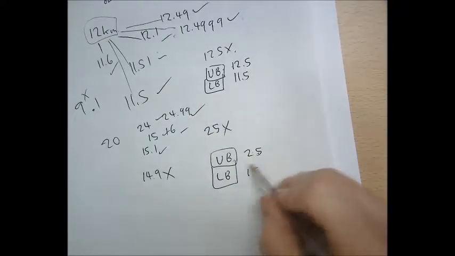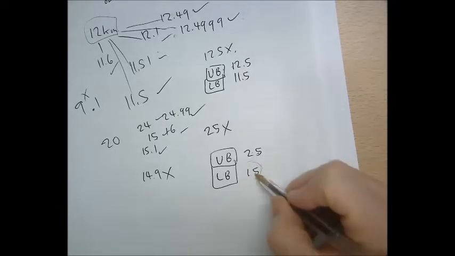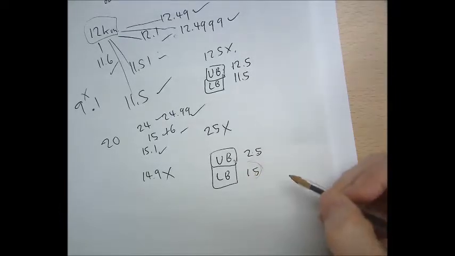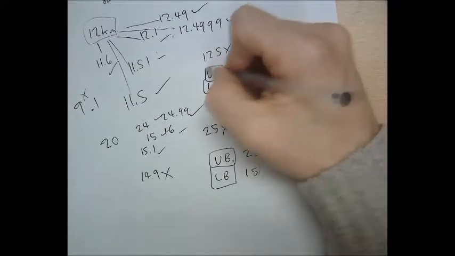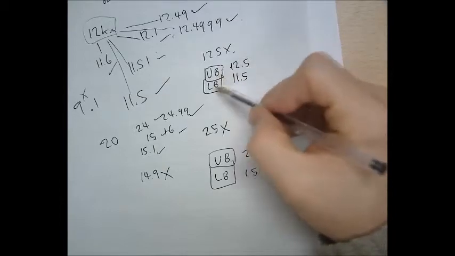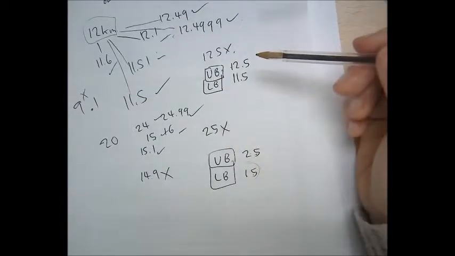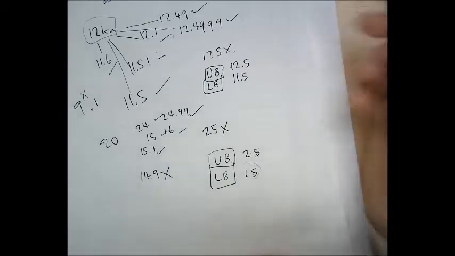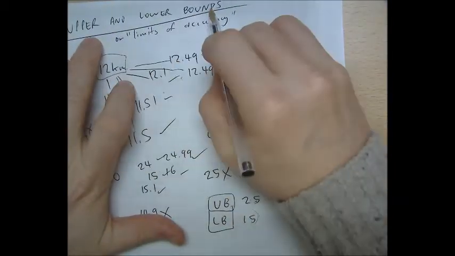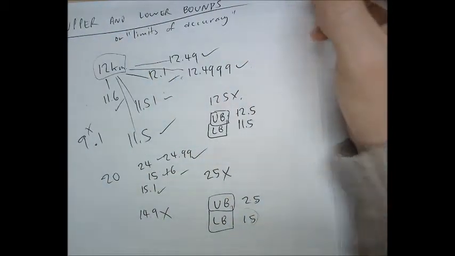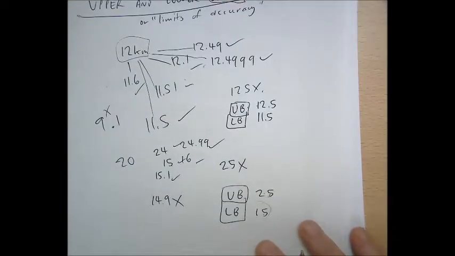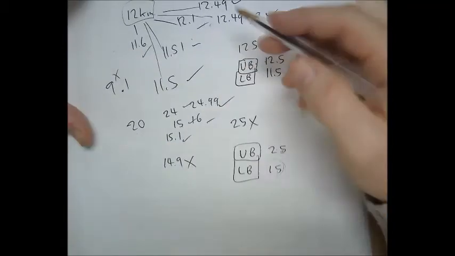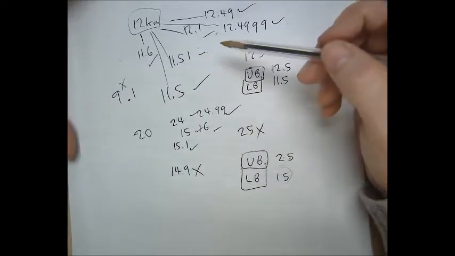The lower boundary is 15. That does count, and anything lower than it does not count, because anything lower than it would have been rounded to 10, not 20. So think of these as the upper boundary and the lower boundary and all the things that get ticked and all the things that get crossed. The funny thing though is we never talk about them as the upper and lower boundaries. We always say upper and lower bounds, but it's easy to remember because the word bound is just a shortening of boundary. Now, these questions are pretty straightforward because the type of rounding that I was talking about was pretty familiar to you. But what if I say,